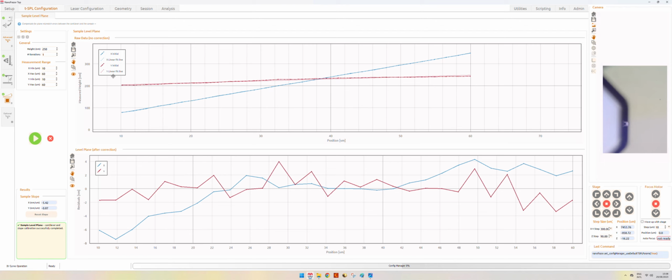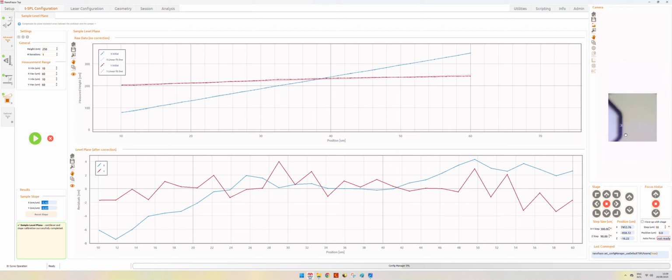So we have this linear fit, with which we have done the final level plane after the correction. And if more iterations are made, so you can see here we can change the iterations, the correction of previous iterations is already applied and the results may be improved. And we also have the sample slope recorded here in case you're curious to see the final values.